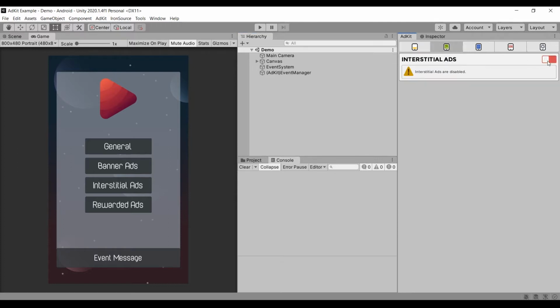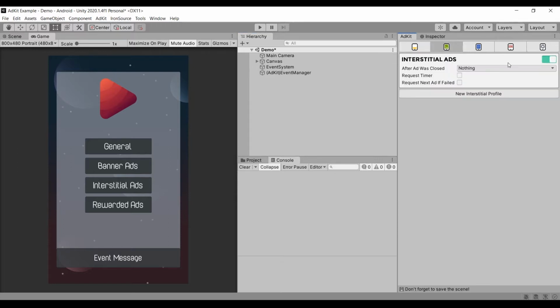Enable interstitial ads into the project. And here we can find similar fields like we have seen in the banner menu. We have an action that can be invoked when interstitial ad was closed. We can select to do nothing or request next network. It is super useful if you don't want to request interstitial ads each time you want to show it. So basically, you only have to request interstitial ad once, and all other times it will be done automatically by